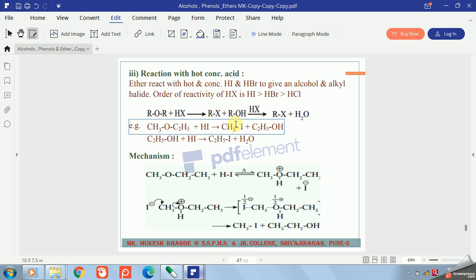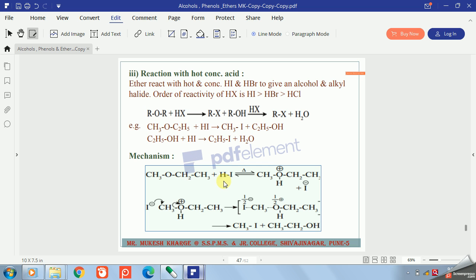So we obtain both as alkyl halides when we use excess hydrogen iodide and heat the mixture. If it is at cold condition, we get only the first step and the second step does not proceed. So to carry out the second conversion, we have to use excess HI and we have to heat the mixture. So see the mechanism of this reaction.